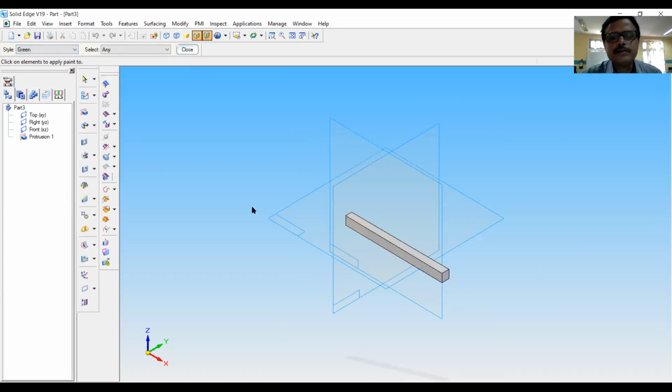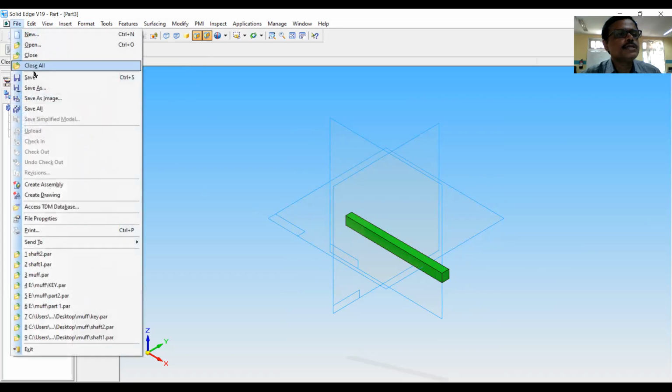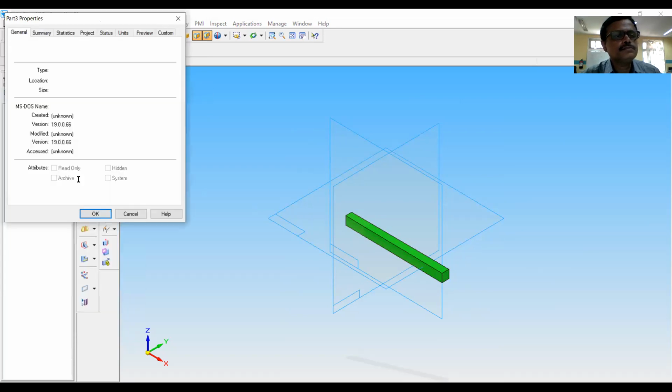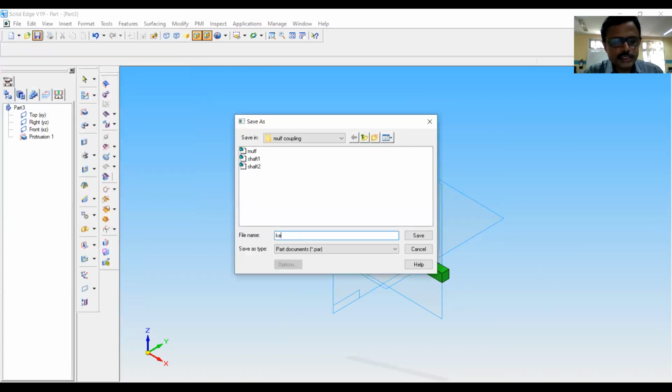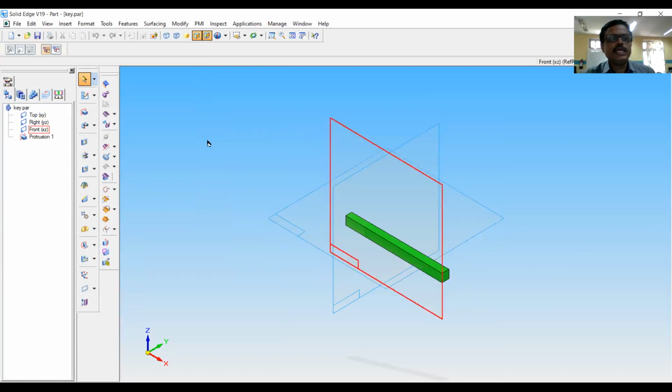You can give any color. Okay. Now we can save this, and call the part as key. So what we have done is, by using equations, we have done all the parts.